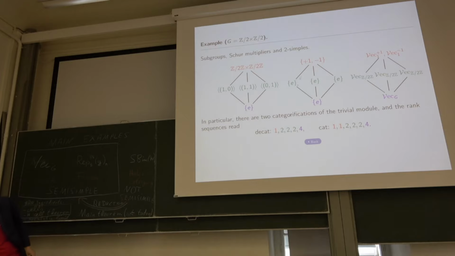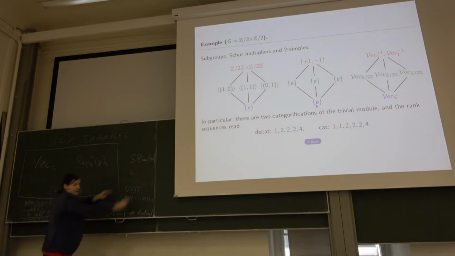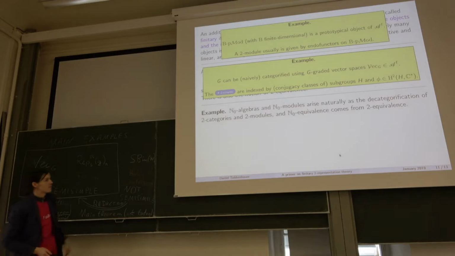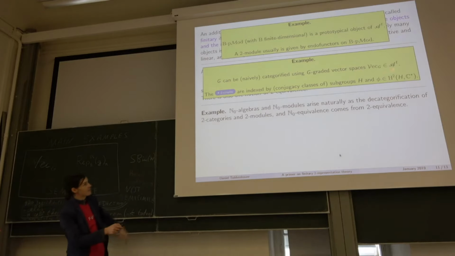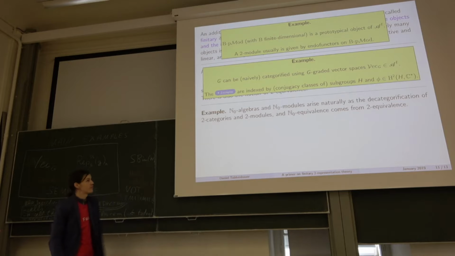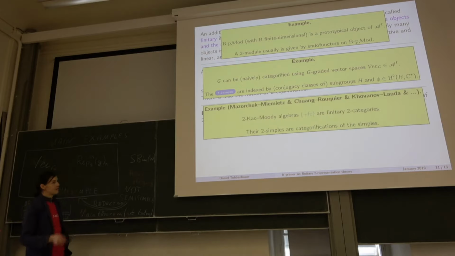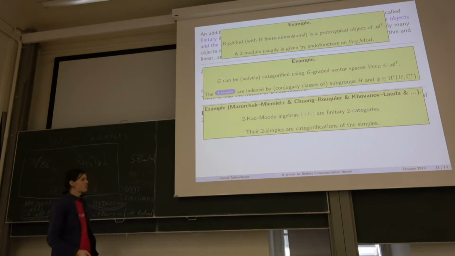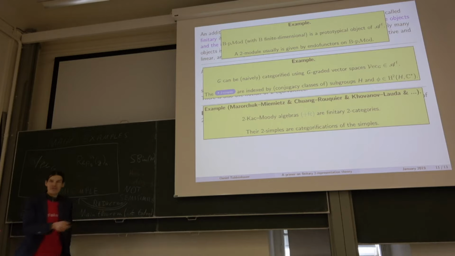Anyway, you see some patterns, and this gets, of course, more fancy if you move away from this one to more interesting categories here. Okay. So indexed, it's still a numerical datum, indexed by subgroups and a choice of a twisting of your action. In formal words, a second cohomology group. Okay. Another example are Kac-Moody categories. If you make them finite dimensional, like going to Schur quotients, in this case, the categorification, the 2-simples are exactly the simples of Rouquier and Khovanov-Lauda.